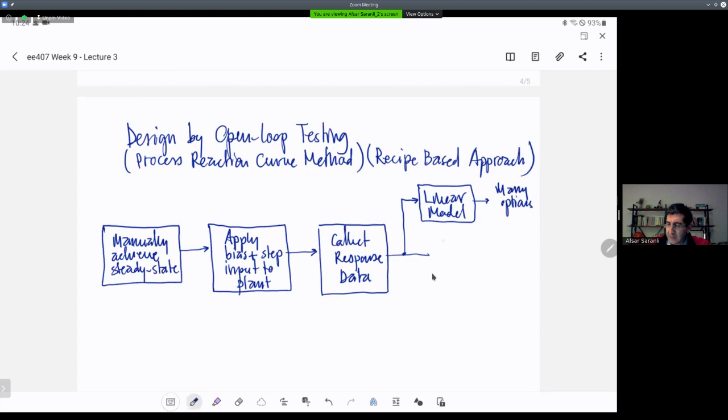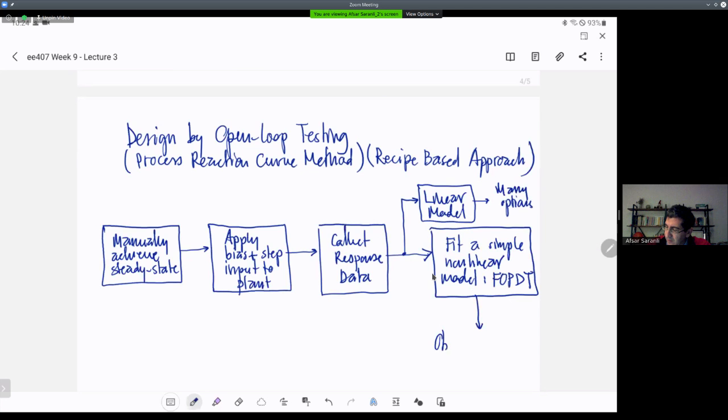But if you have a nonlinear model, and we will specify this model, fit a simple nonlinear model, and this is going to be our first order plus dead time nonlinear model. That means obtain the model parameters,